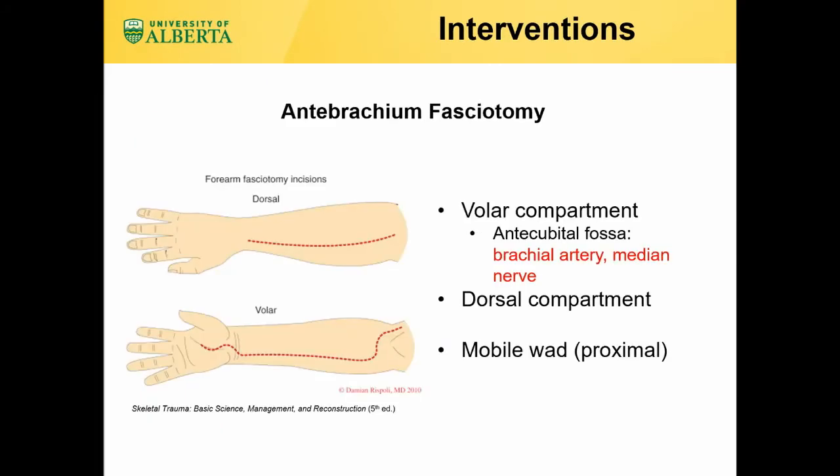Fasciotomy of the forearm requires 2 incisions. A longitudinal incision along the center of the extensor surface reveals the dorsal compartment for decompression. The volar compartment and mobile wad are identified through an incision along the flexor aspect of the arm, beginning at